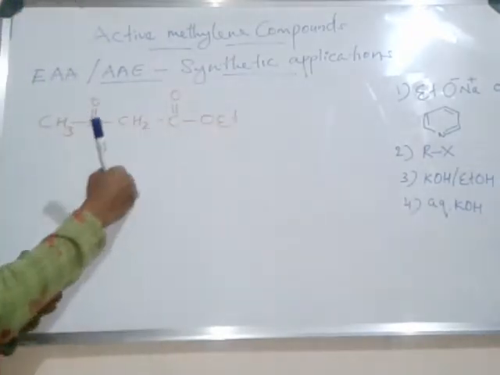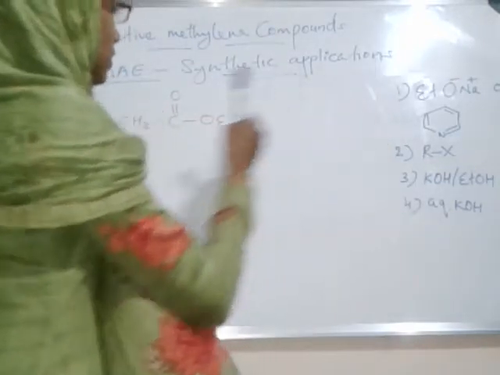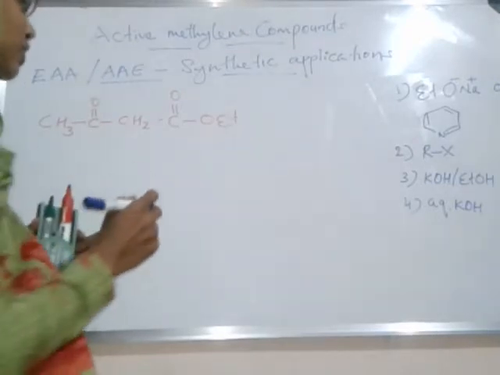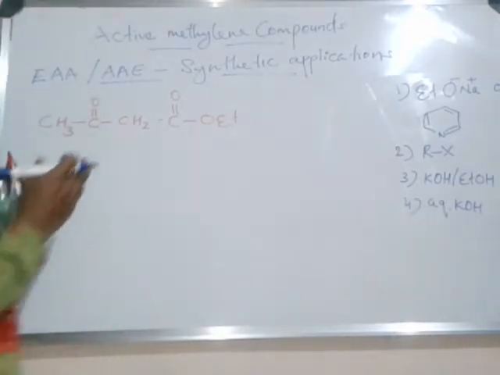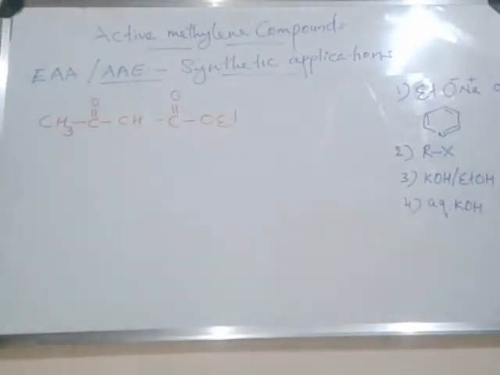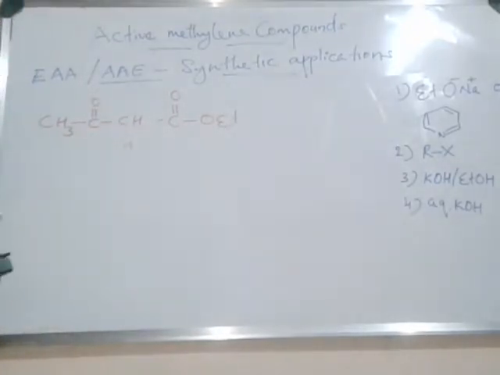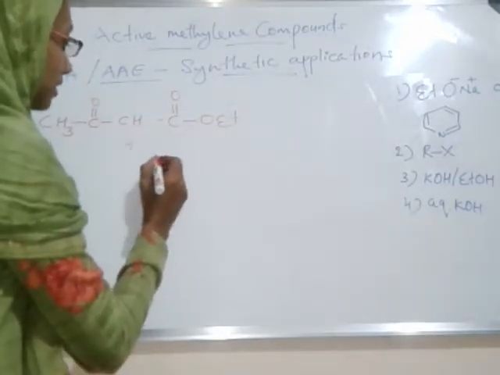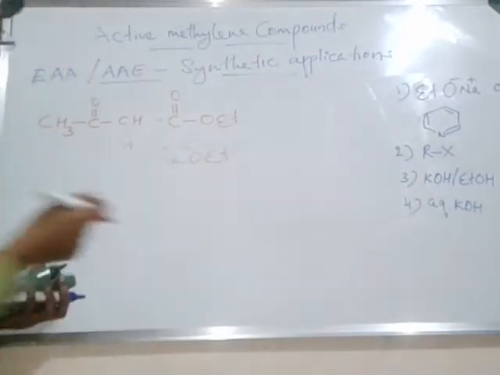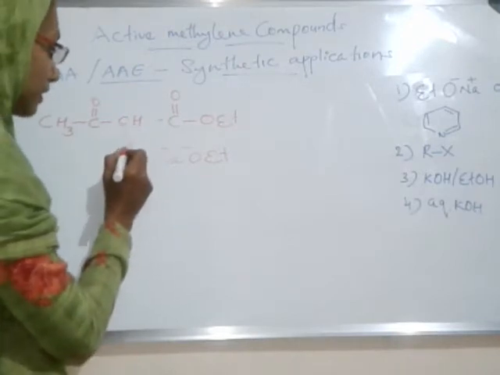Then first we can check what change occurs when we treat it with sodium ethoxide or pyridine. Sodium ethoxide is a strong base, so it easily abstracts the methylene hydrogen, that is, Na plus O minus Et. Et indicates the ethyl group, that is the C2H5 group. This hydrogen is removed as H